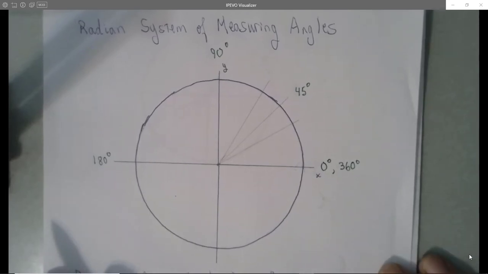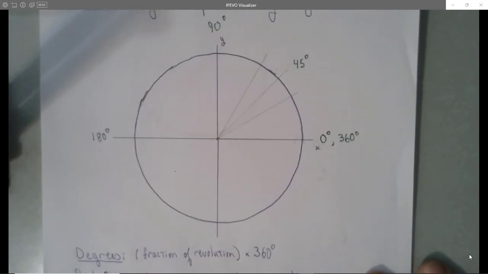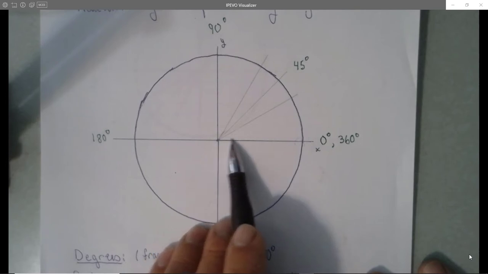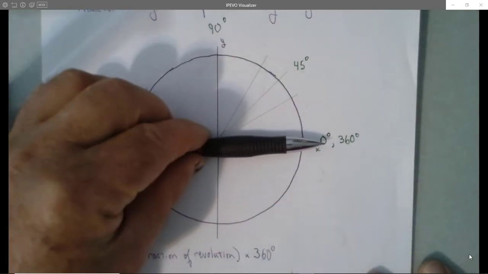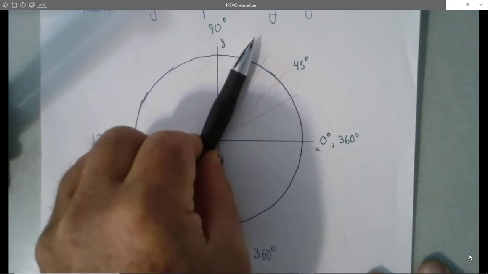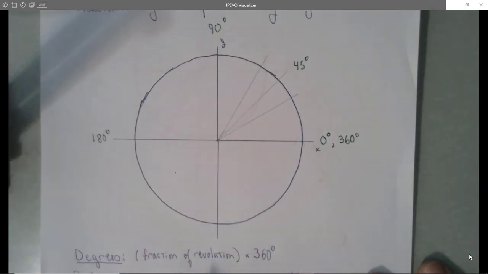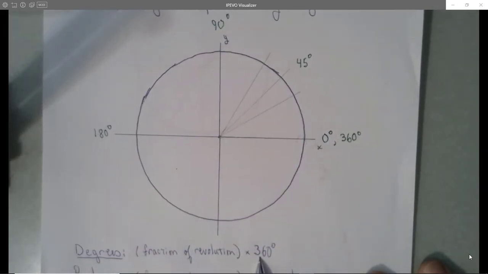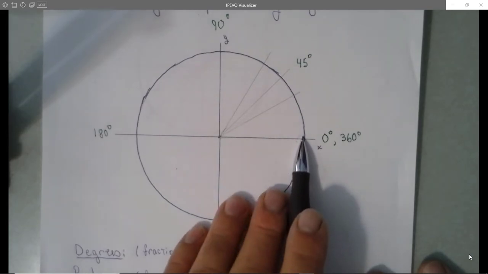In this quick tip, we want to describe the radian system of measuring angles. For the degree system of measuring angles, what we did is we drew an angle with a vertex at the origin, initial side along the x-axis, and then we rotate the final side up to some distance, which gives us different angles. We said that one trip around the circle, a single revolution, is 360 degrees,